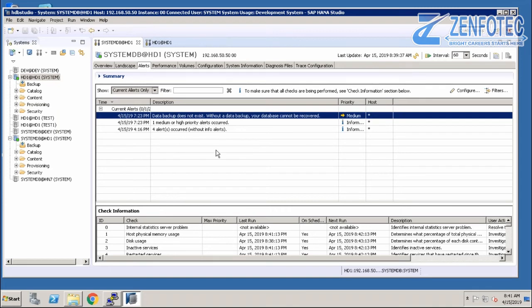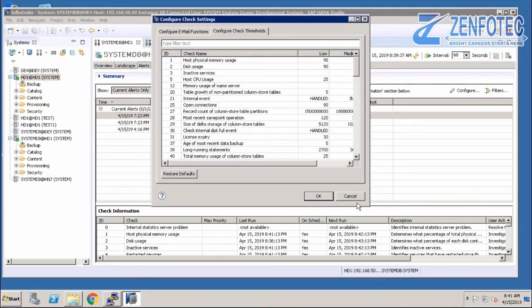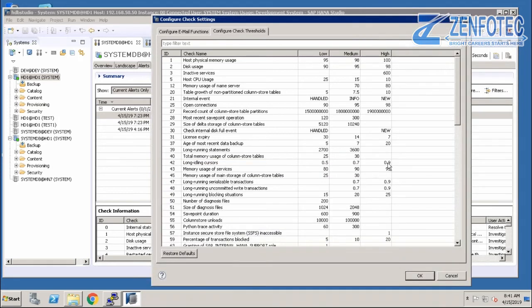So you can modify the threshold value for this alert. How can you modify it? You can click on configure check settings, and then here we have the configure check thresholds. You can change the threshold as per your requirement.